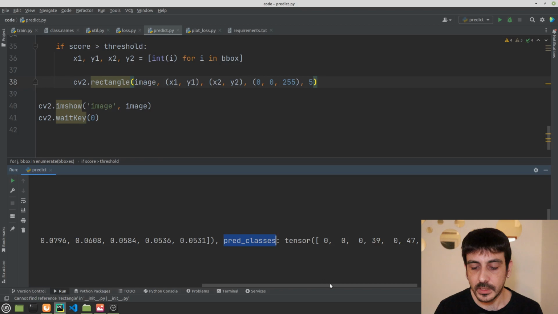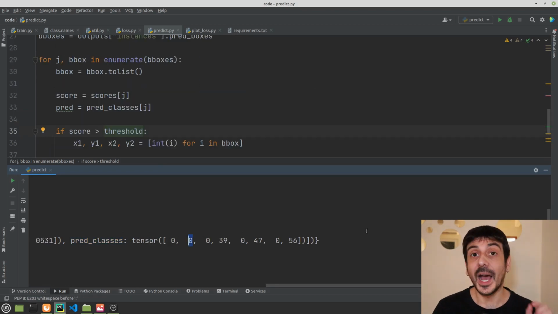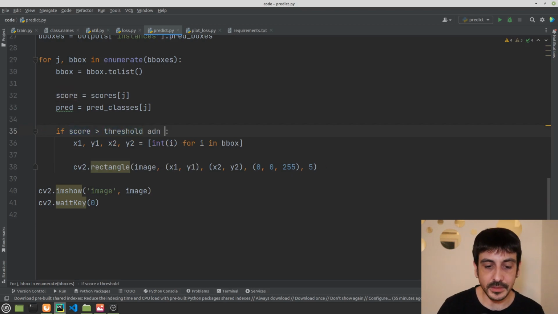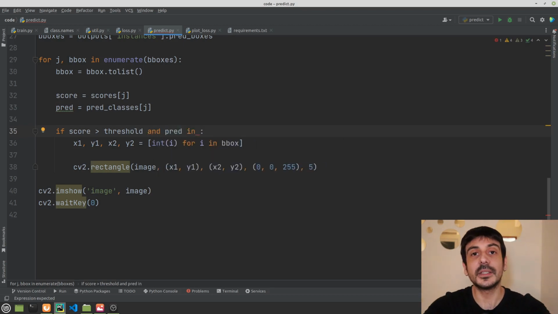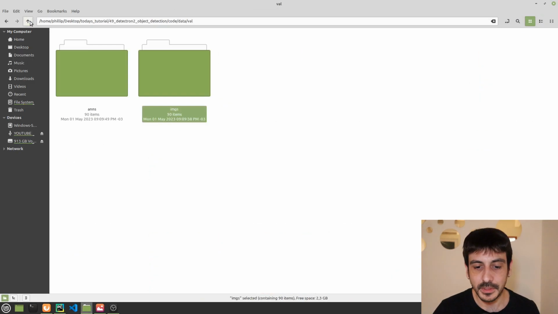I'm not really checking that I am getting only zeros. I am not doing it here, but that's a very good homework for you. I invite you to make an edit into this file, for example here, and you say something like, if the confidence score is greater than the detection threshold and pred is within the class IDs of my class.names file over here, right?